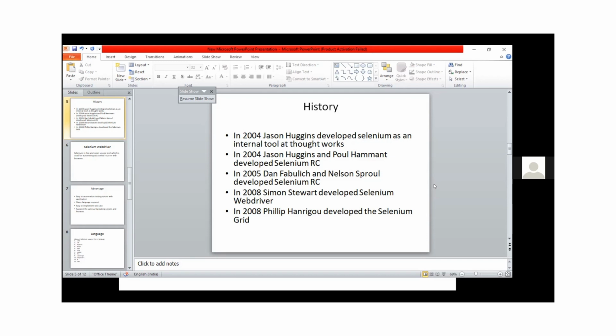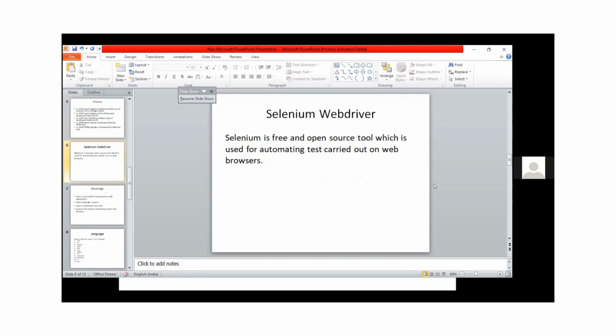And in 2008, Simon Stewart developed the Selenium WebDriver, which succeeded compared to Selenium RC. And also in 2008, Philippe Hanrigou developed the Selenium Grid. So this is the full journey of how the Selenium WebDriver was developed. And next is the Selenium WebDriver.